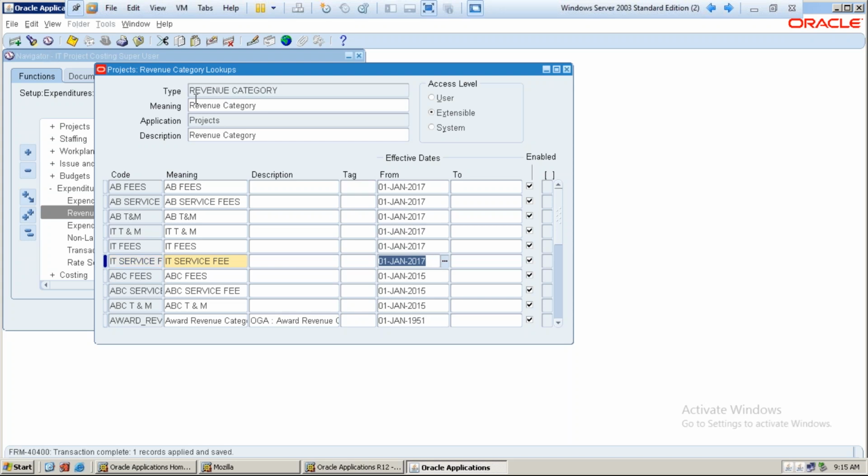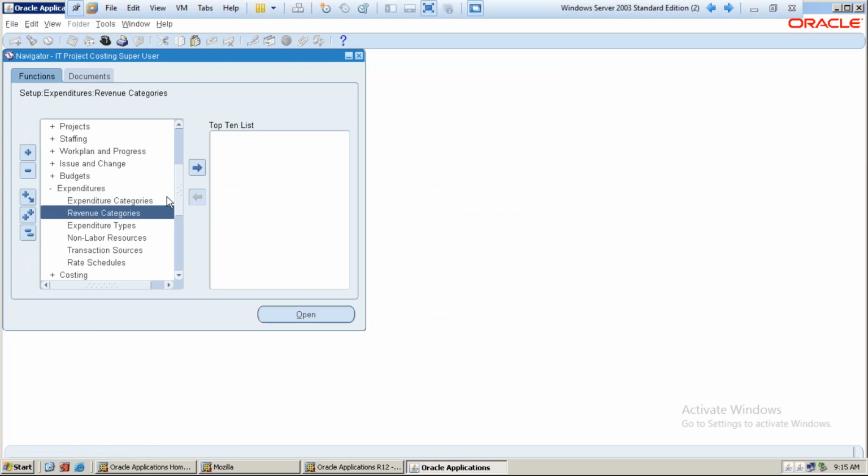Okay. So clear, right? These three: expenditure categories, revenue categories, and unit of measure. Now we'll go with the